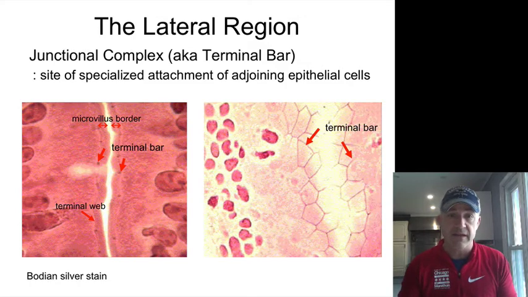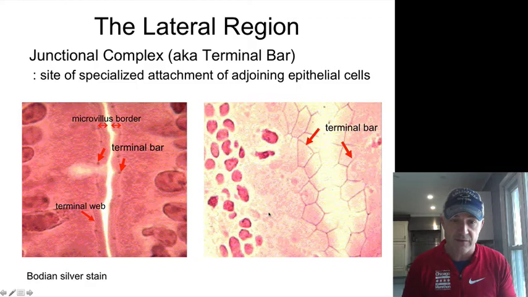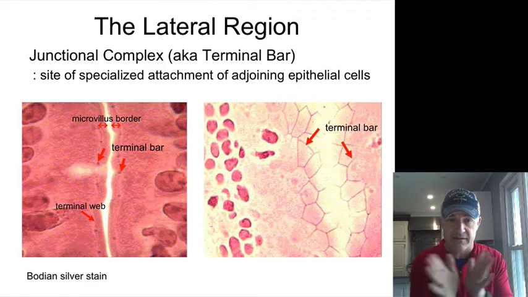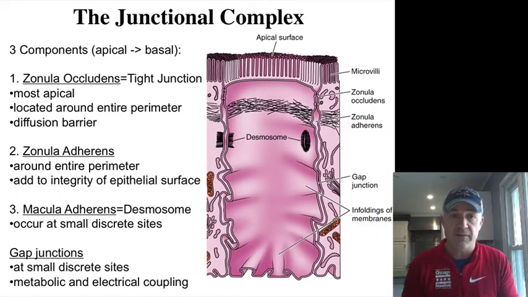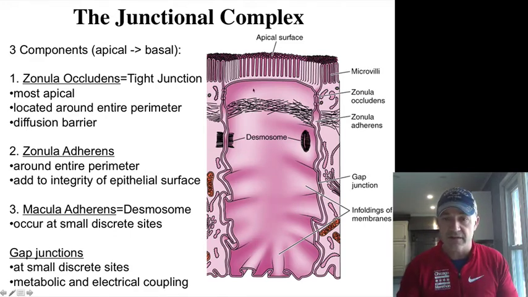So again, these are going to be on that side here between these epithelial cells. A lot of times I refer to these as terminal bars, these areas in between here. You can stain for that, but again, it's a combination of these zona occludens, zona adherens, and these desmosomes. So you get almost like this ring as well as these spot welds that are going to be holding these